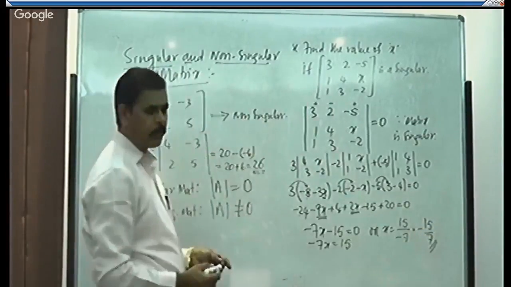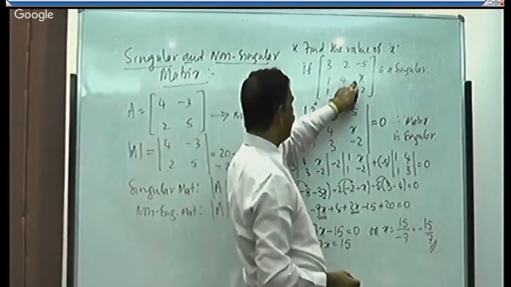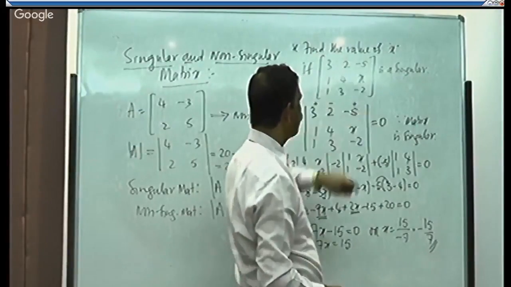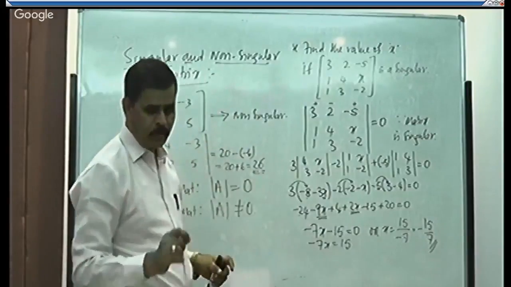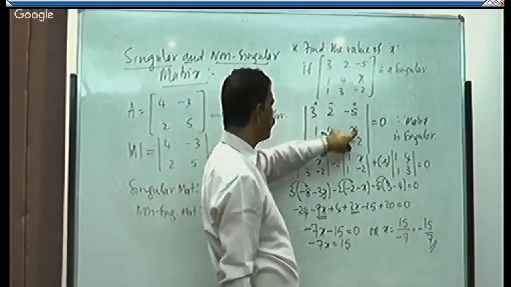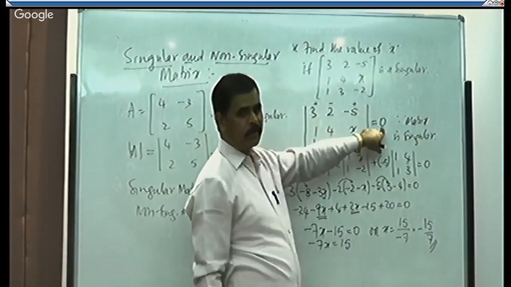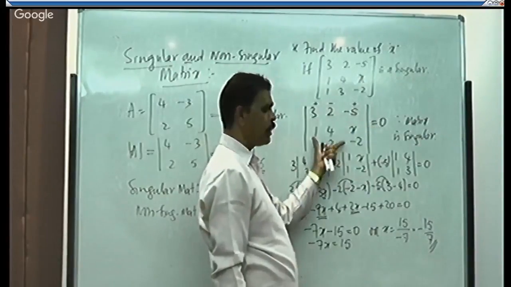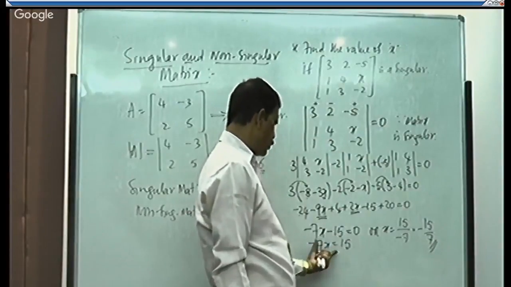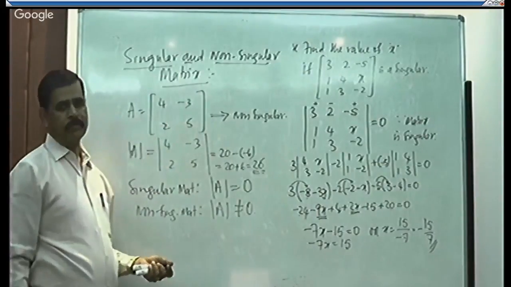So using the concept of singular matrix, sometimes they will ask you the unknown in a given matrix. If they ask to find the unknown value in a singular matrix, you first consider the matrix is singular, hence its determinant is equal to 0. After considering its determinant value is 0, then expand it. As we know the expansion of determinant, finally you will get the value of the unknown. This is simply an expansion of determinant, right?